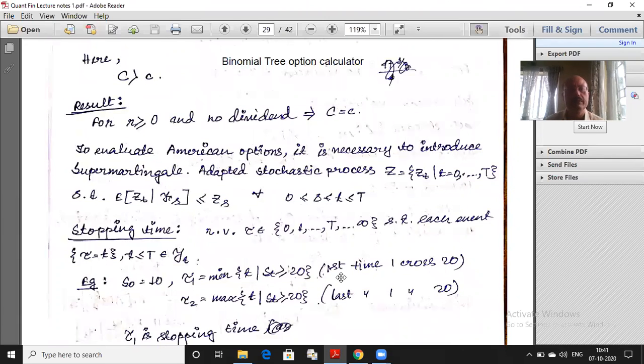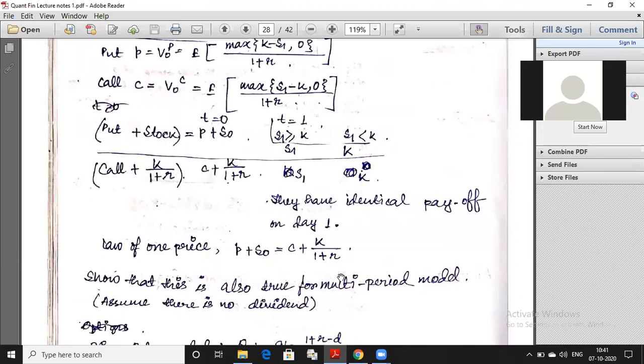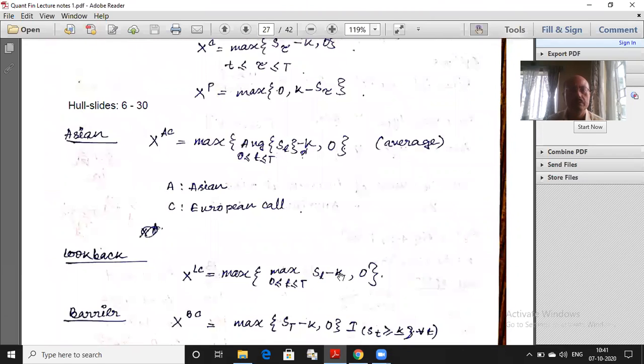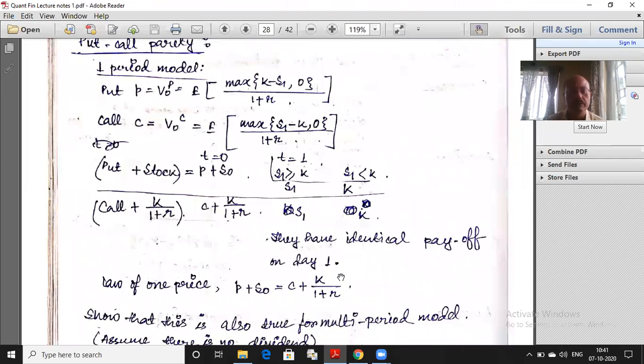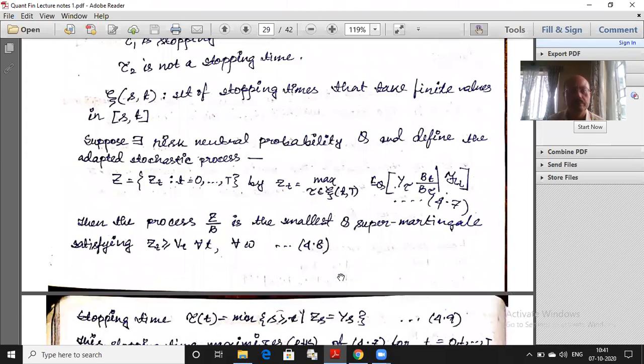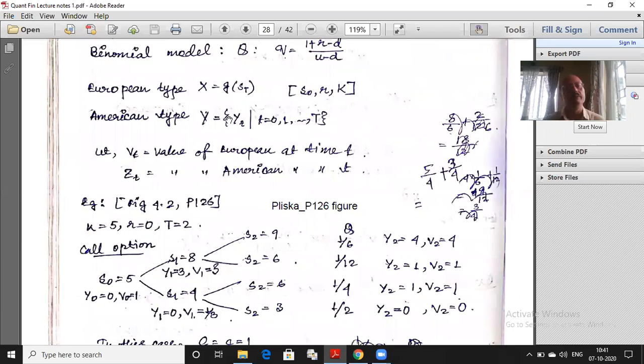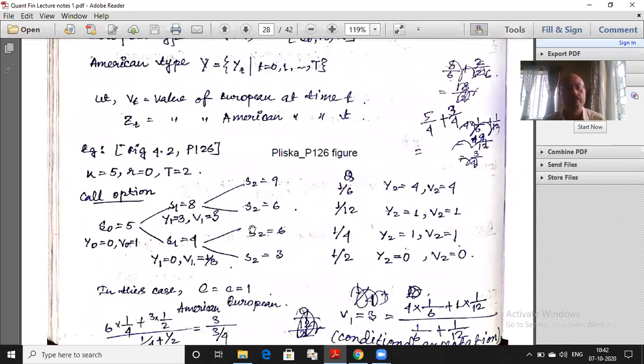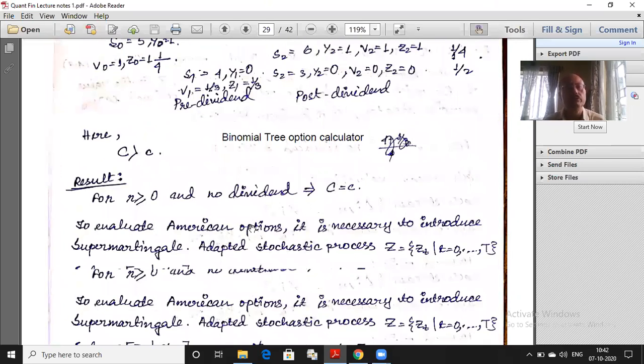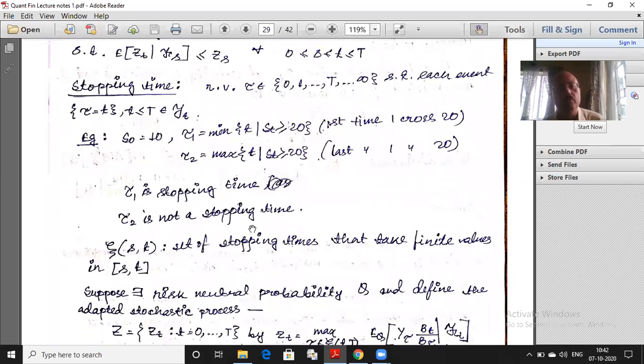Remember the notation that we were using this notation. Where is it? Yeah, that European type options are basically dependent on the terminal stock price, but the American type depends on the whole history of the process, capital Y. That's why finding ZT is usually more complicated than finding VT. So what is the general principle that we are going to use? That principle uses a couple more concepts.